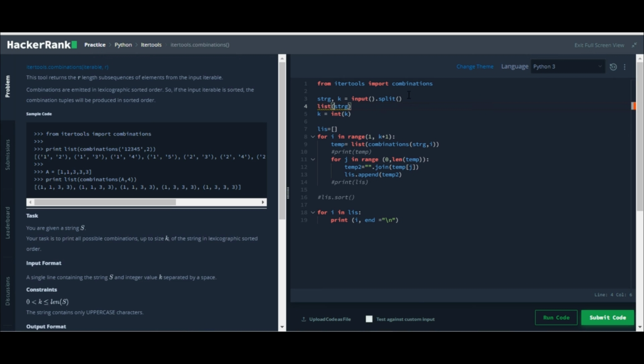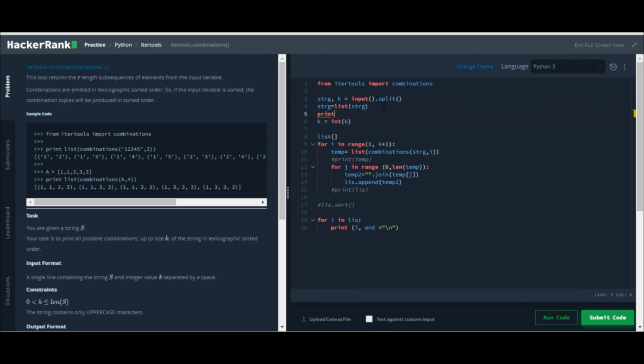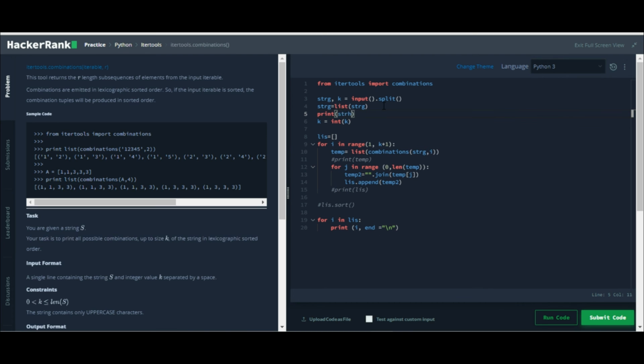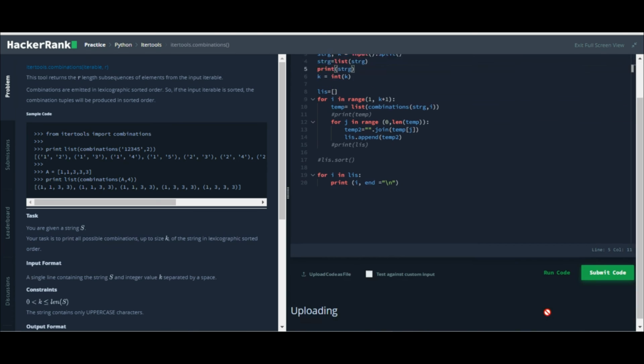This is how it will look, and I'll store it the same, strg equal to. So if I print it, so HACK is converted into list form. Let's see now how it looks.